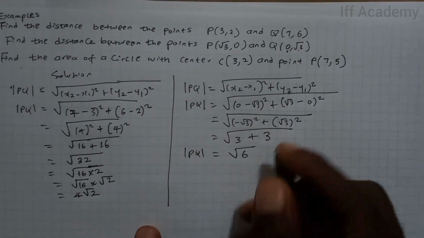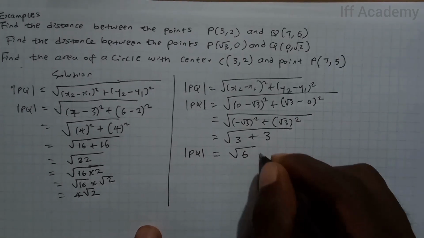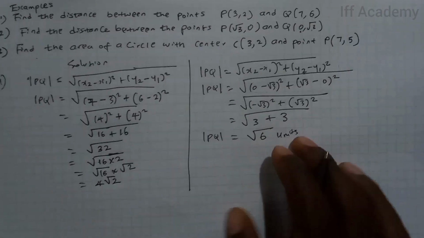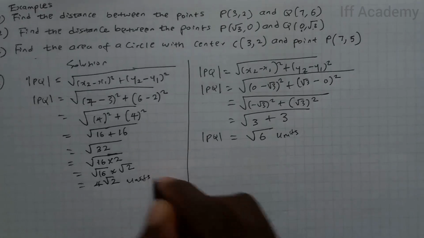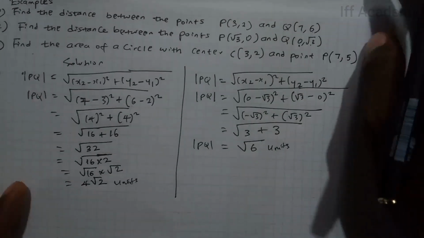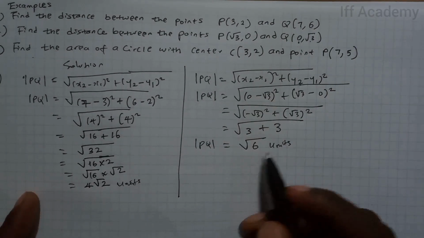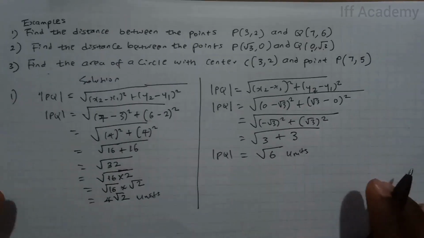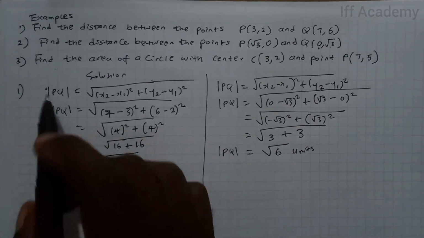So PQ is root 6 units. So you just write units here, right? So that's the distance between the points. So the distance is root 6 units. Now, how about this other question, the last question, that says find the area of a circle